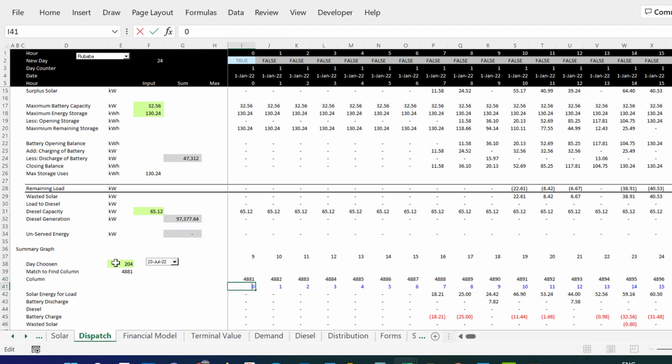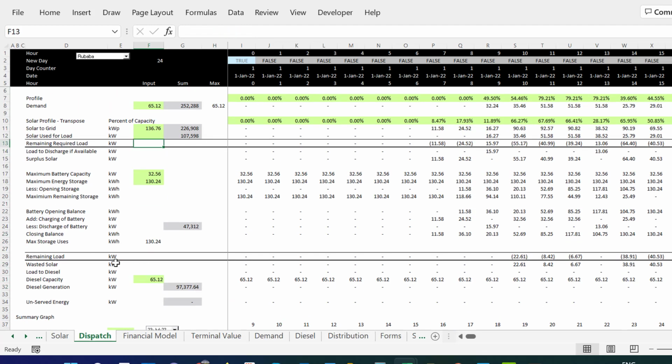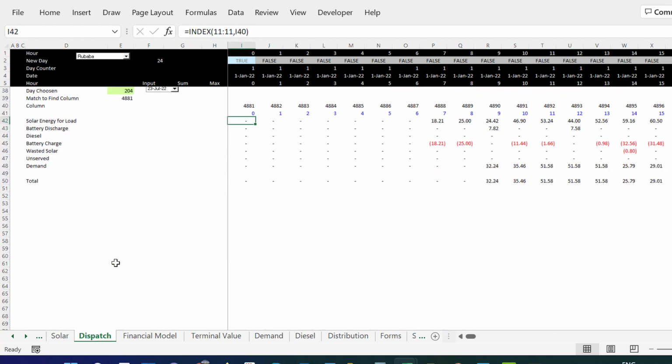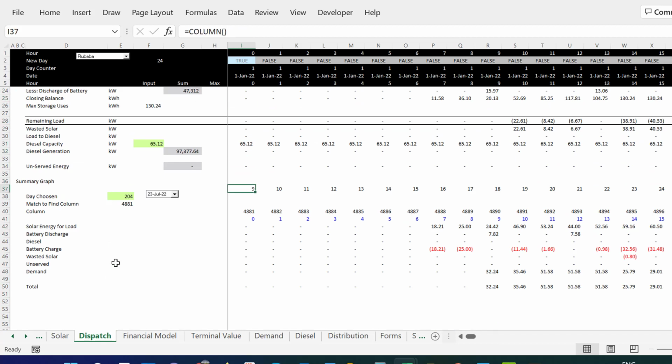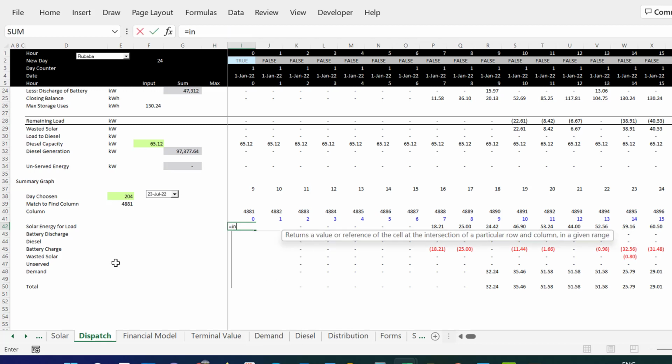So this is the first column, the second column, the third column, and then I said, oh, let's go up and get the solar energy that we used for the load. And then it's just like a waterfall kind of a graph. And I'm going to get this line, and we just use the index function with the match. I'm an advocate now of XLOOKUP instead of index and match. But in this case, yeah, we could have used that as well, but we're just going to say index,